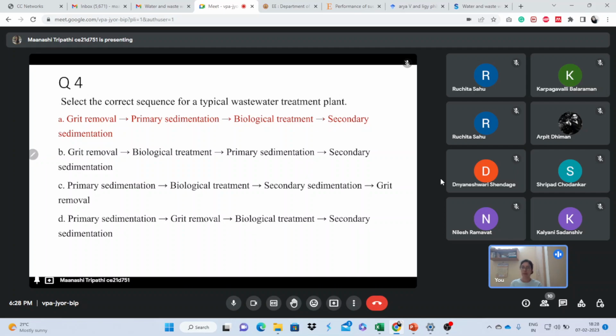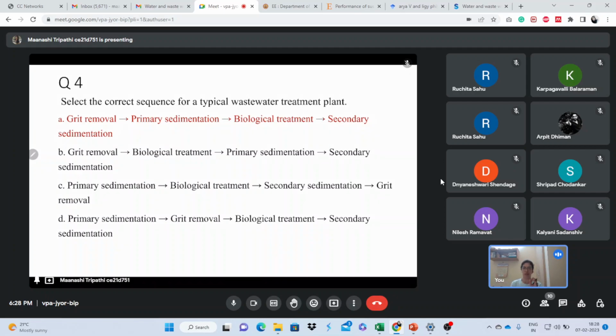See, if I'm giving you a bottle full of wastewater, there will be sand at the base. Above that, there will be some turbidity, and on top of that, there will be just water. So I'm giving you this, and the first thing that should come into our mind is to remove this sand, because this is looking very black.